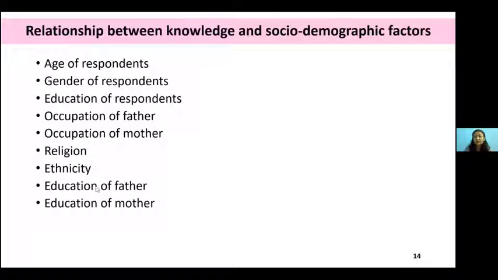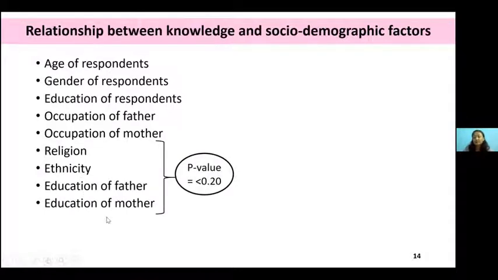Likewise, we would like to show the association between knowledge and various socio-demographic factors. We analyzed the various socio-demographic factors like age, gender, education of the respondent, occupation of the father and mother of the respondent, and the religion and ethnicity of the respondent, and also the education of the father and mother. The socio-demographic factors which show a p-value less than 0.02, that is religion and ethnicity of the respondent and education of the father and mother, were further